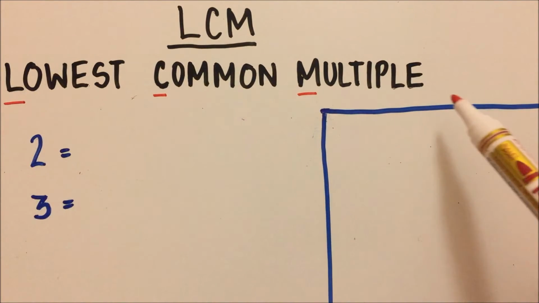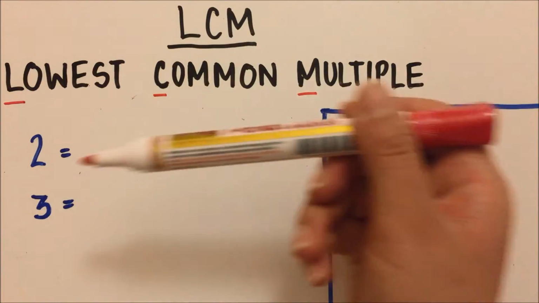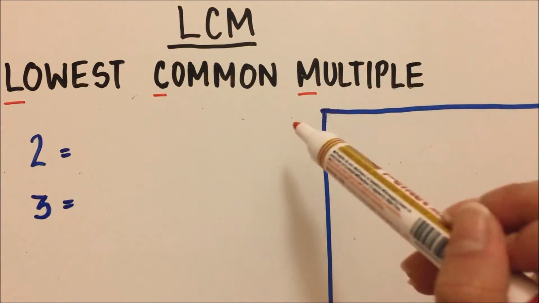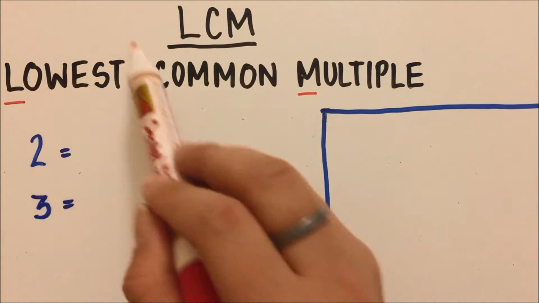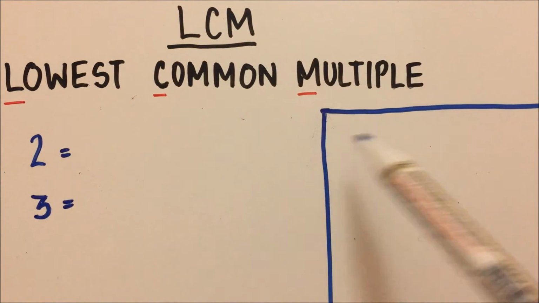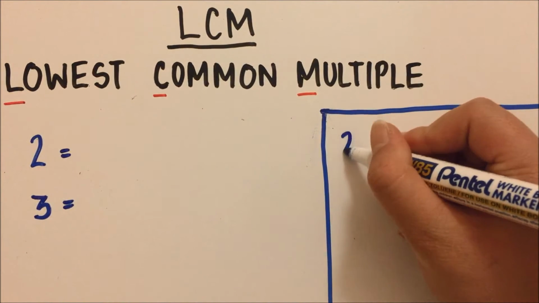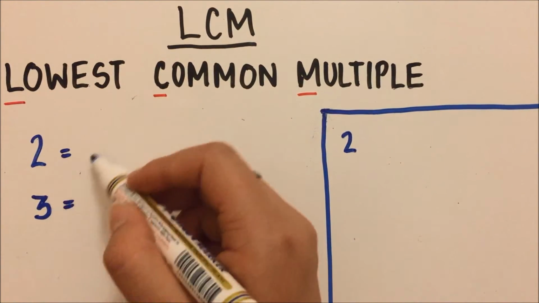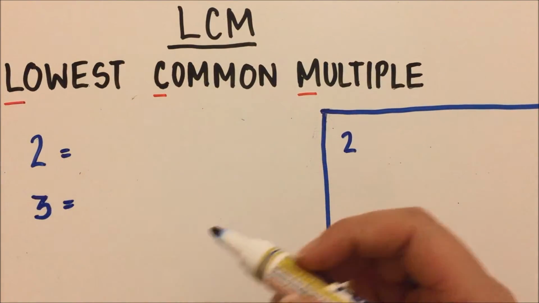What you really need to do is explained in the definition itself. I like to work backwards. So find the multiples, take a look at all the common ones, and then it's the lowest one that's going to be your answer. But if you're not quite sure what multiple means, let's take a look at a times table. In this case, I'm going to look at the times table of 2 because we're going to find the times table of 2 and 3 anyway. So I've just randomly decided to show you an example with the times table of 2 as to what I mean